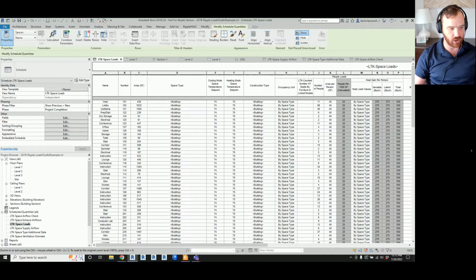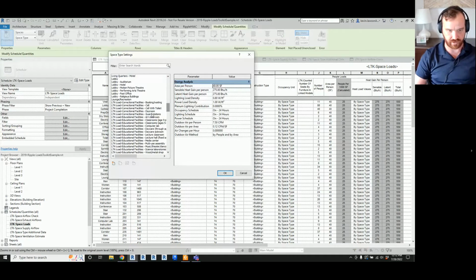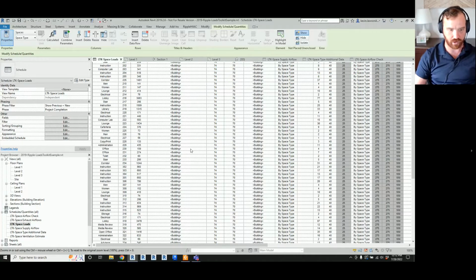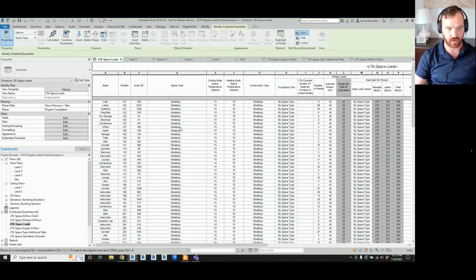So the next step to getting loads would be to assign space types. Normally, if you weren't using Revit, like if this were an AutoCAD job, somebody would make a schedule like this manually, and then you'd have somebody go through and select all the space types, and they'd have to do it one by one. It's very time consuming. And that is why we made the